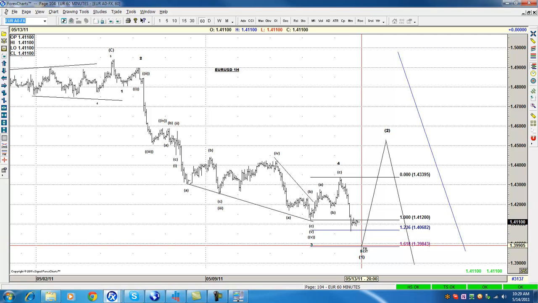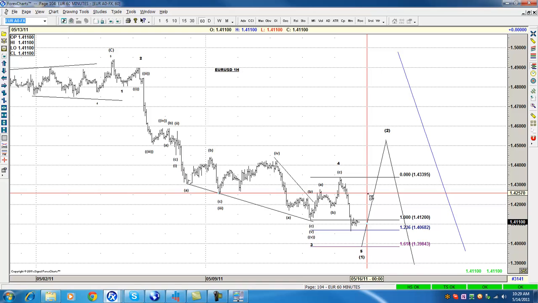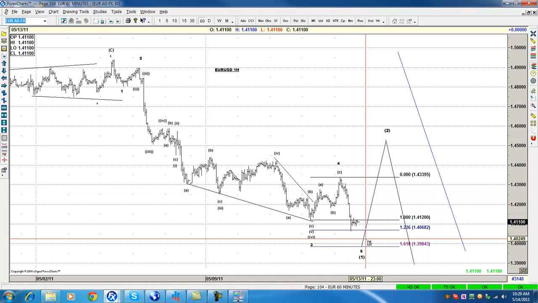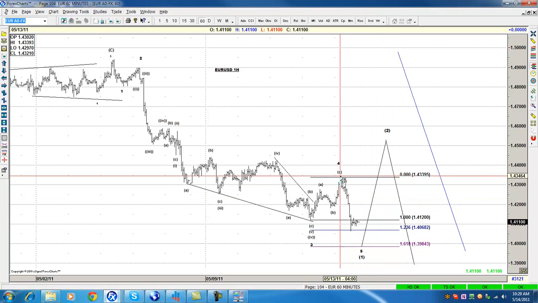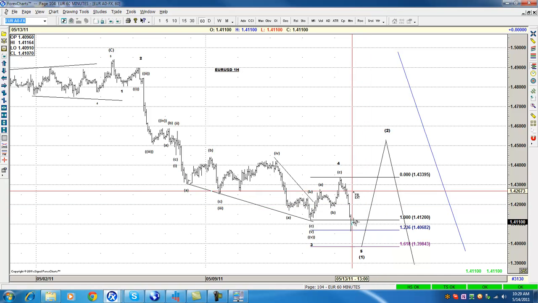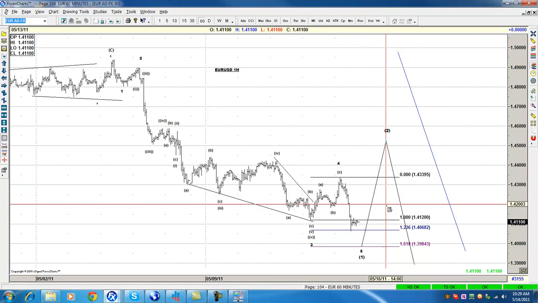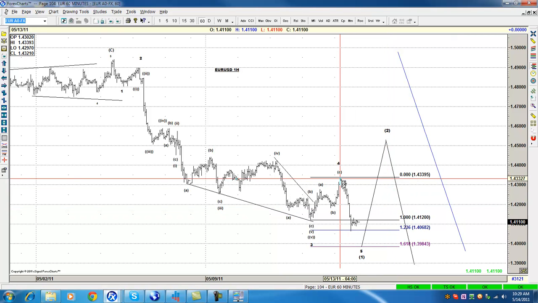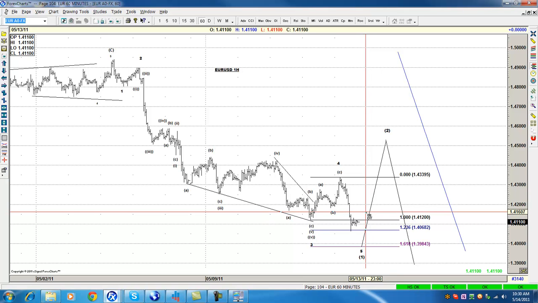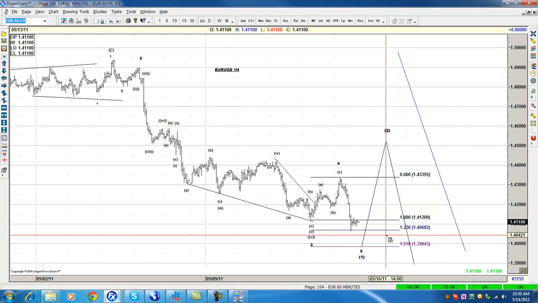Is this a bounce when the first 5 waves get into this area or to the 618 of this move? You should know that you've got to get short against this level. Why? Because if you go to the 618, that's telling you that wave C is going to break this high. If the first leg goes to the 38.2, something like that, then you know that this is wave 1 or wave 3, and you should stay in there.